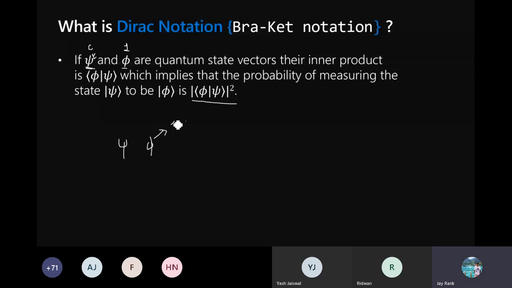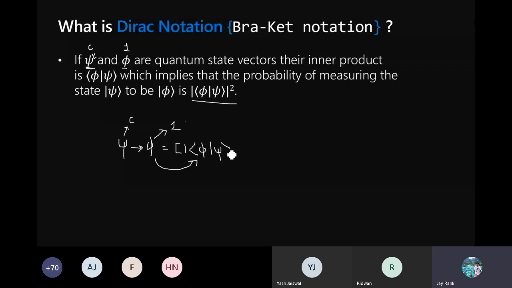We don't know whether it's 0 or 1. So when we apply this, the probability that we acquire is given by phi, the state we need to be 1, and psi, the current state, and the whole square. This gives us the probability.